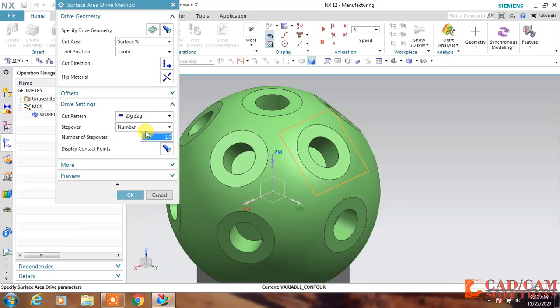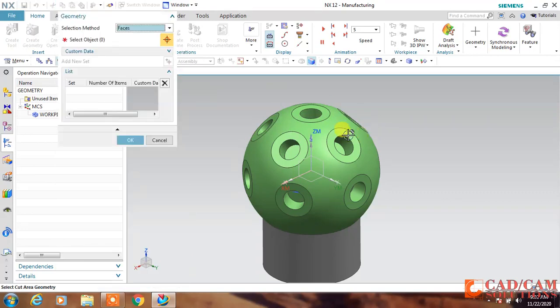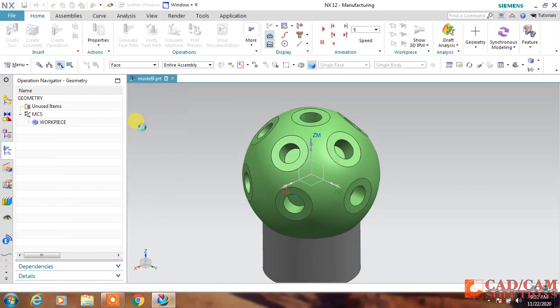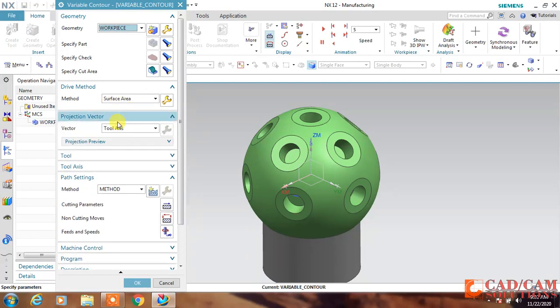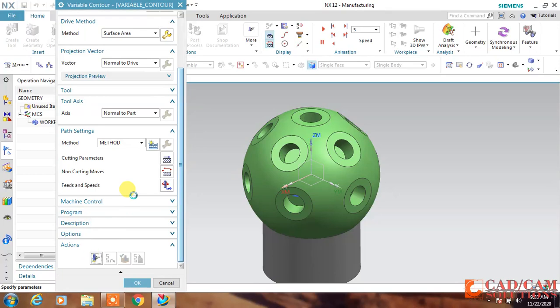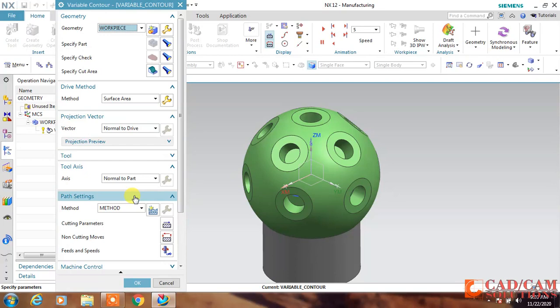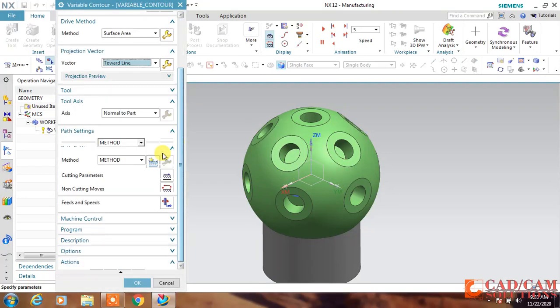This step over is 10, and I am going to use the zigzag method. And select this cut area one more time from this, and usually when we use this surface area, that time we use this projection vector as normal to drive, and my tool axis is normal to part. But in this case this normal to drive will not work. So I have to select this projection vector as towards line, and my line is the middle of this, or this z axis. Click here. Now generate this